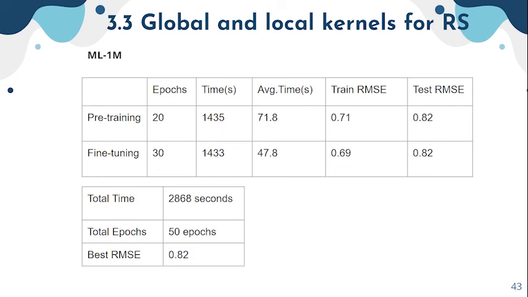and 30 epochs for the fine-tuning. The average time of the pre-training is nearly 72 seconds, and for the fine-tuning the average time is nearly 48 seconds. The train root mean square error of pre-training is 0.71. For the test, the root mean square error is 0.82, and for the fine-tuning, the train root mean square error is reduced to 0.69, and the test root mean square error still remains 0.82. So, during 50 epochs of running, the best record of root mean square error for the ML 1 million is